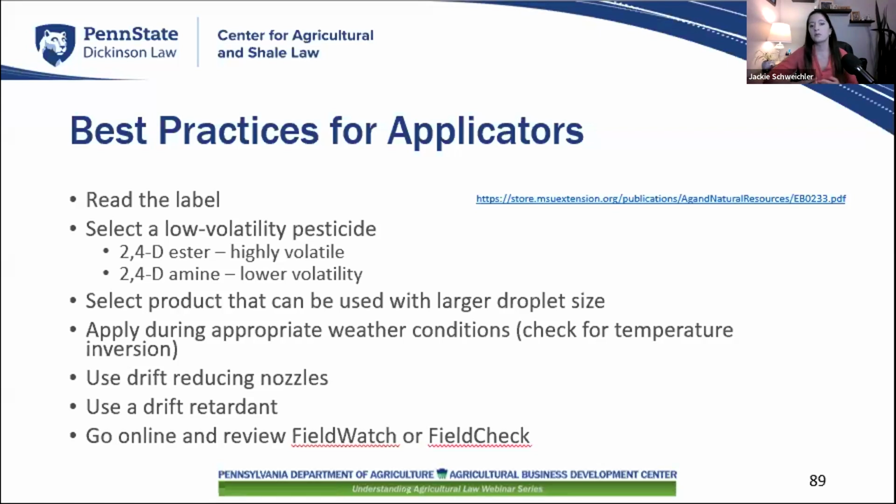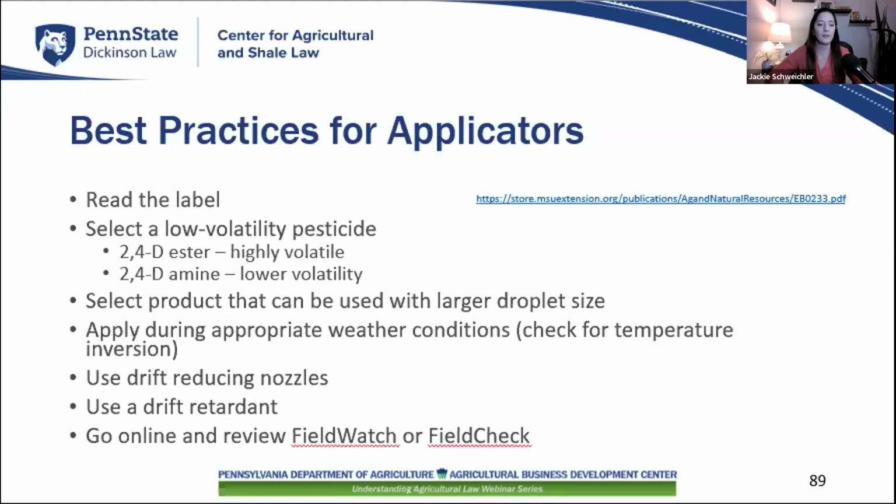So the first one is to read the label. Obviously, the label is going to tell you some of the better ways to avoid drift. You're going to want to select a high or a low volatility pesticide. I've heard a lot of complaints, especially in the grape industry, about esters. So if you're picking a 2,4-D ester, maybe consider a lower volatility pesticide, like 2,4-D amine, if that's an option